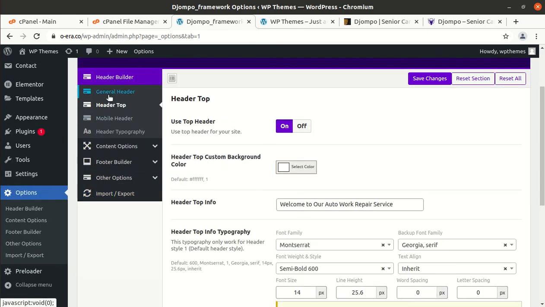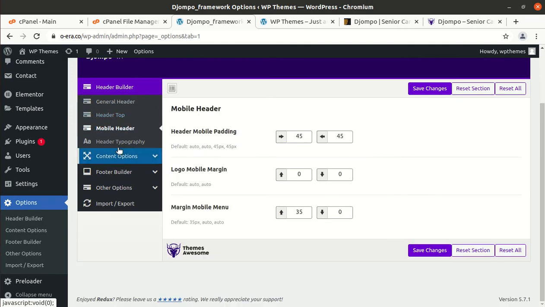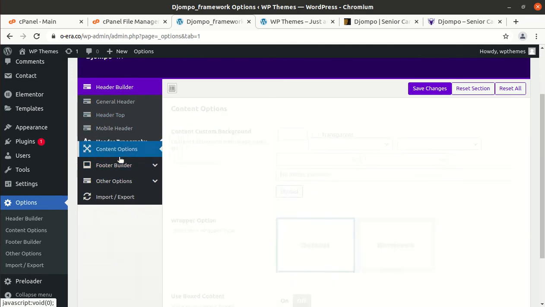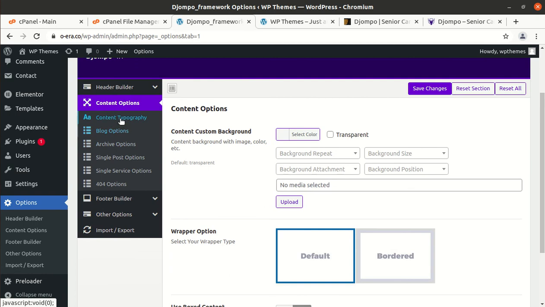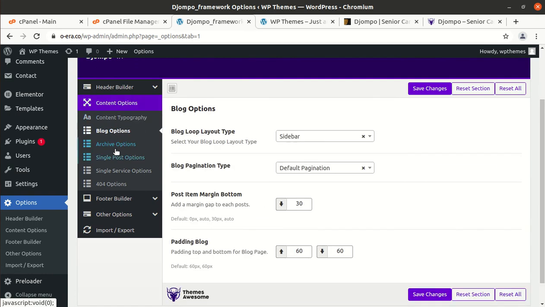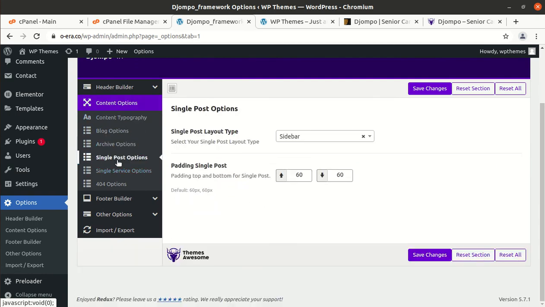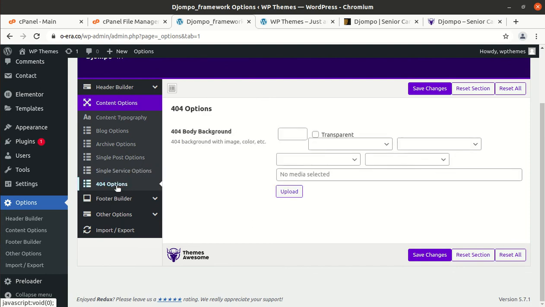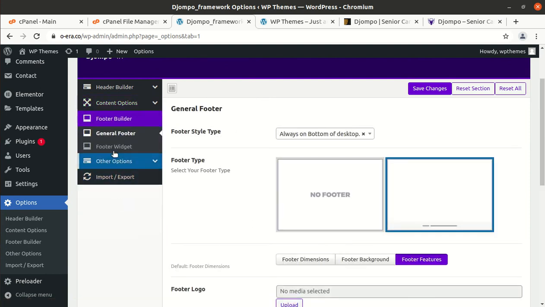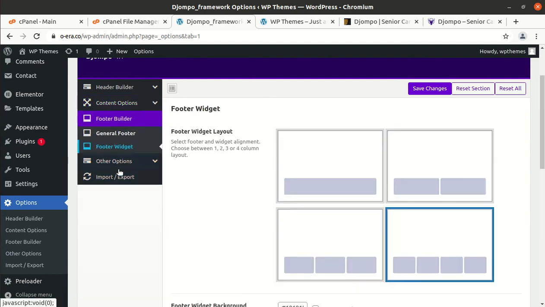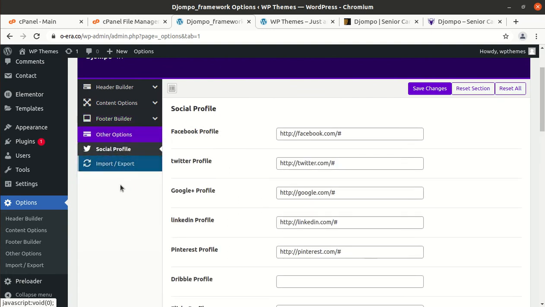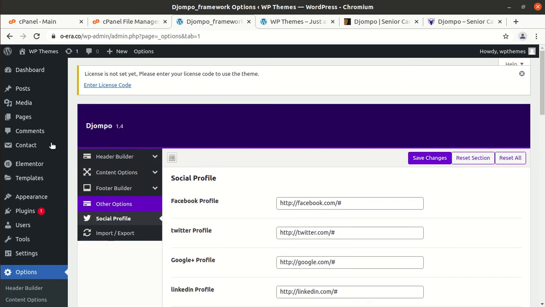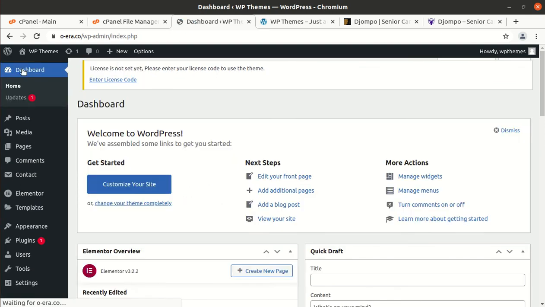Header top, general header, mobile header, header typography, content option is here, content typography, blog option, archive option, single post option, single service option, 404 option, footer builder is here, general footer, footer widget, other options are here, social profile, and rest of things are here. So it is wonderful that all controls have been given.